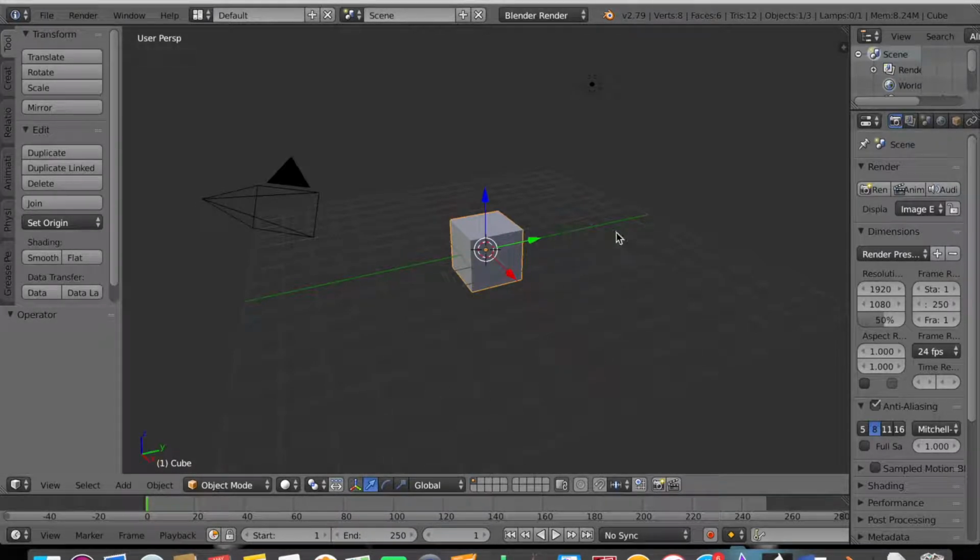So today I'm going to be doing a tutorial on how to do a Blender animation, and we're going to make the cube go up and then spin around and go back down. So for this animation, what we'll be doing is